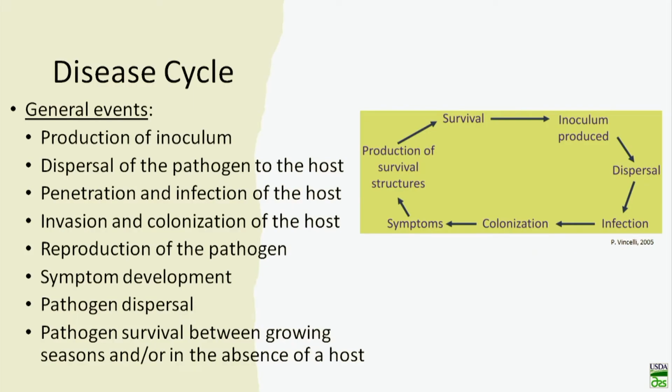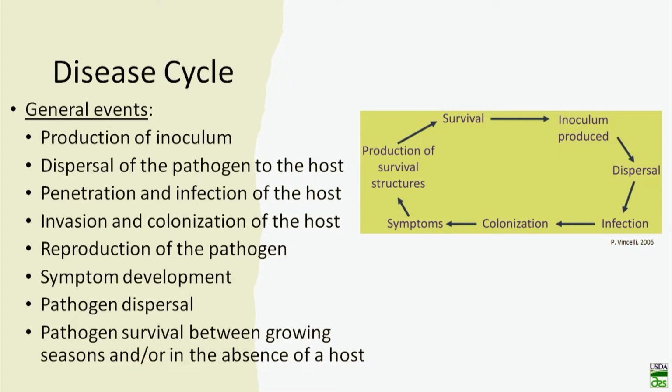Okay, so we'll move on to the disease cycle. In order for disease to occur, well, first of all, there has to be some kind of inoculum. It has to get to the plant host and actually get inside and start growing within the plant. Okay? Once it starts to colonize, it reproduces. You start to see symptoms. It produces more inoculum, which can then get to more healthy plants, starting the disease cycle again.